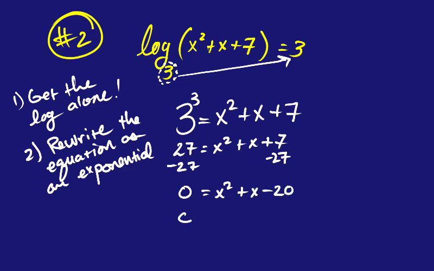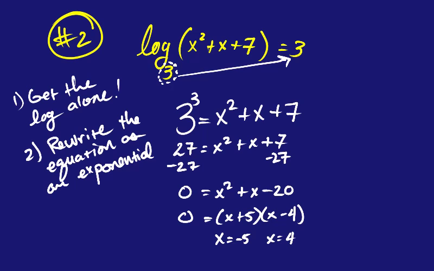Booyah, Grandma, that will definitely factor. So x plus 5, x minus 4. So x equals negative 5, and x equals 4. And so now you remember you got to check your answers. So when you plug them in, if it's going to make it equal a negative number, it's not going to